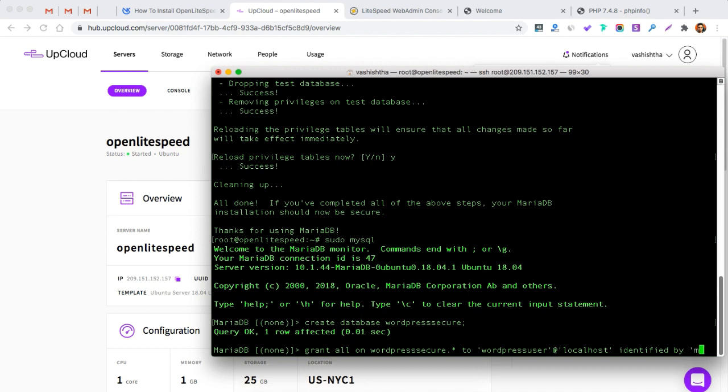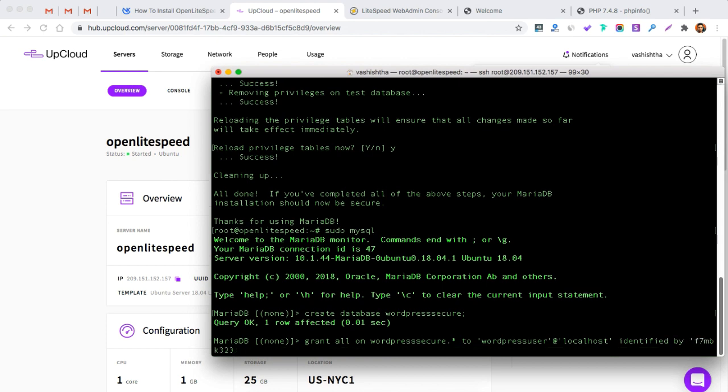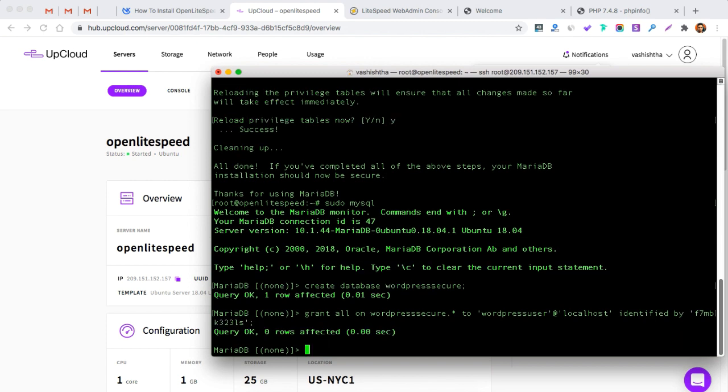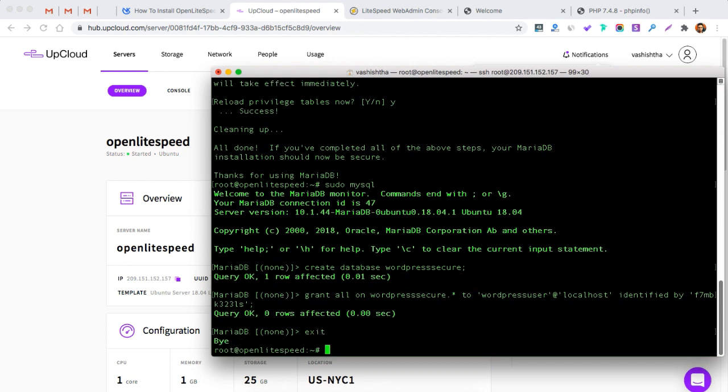I will publish another article with all these commands and add a link in this video's description. For now, I have chosen a username and password for the database, and I'll type exit.